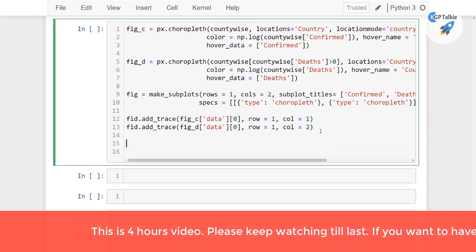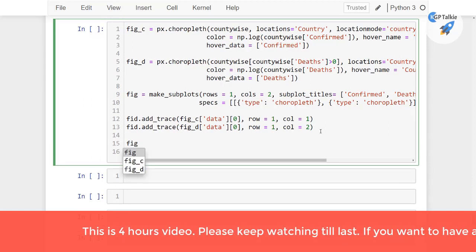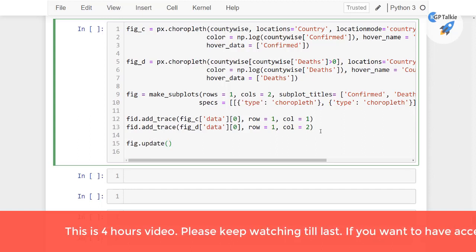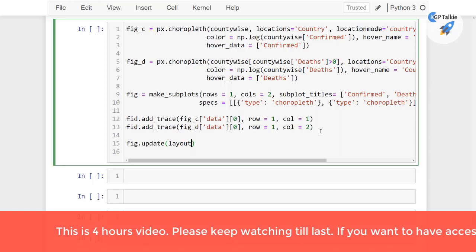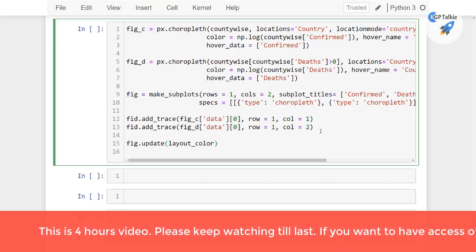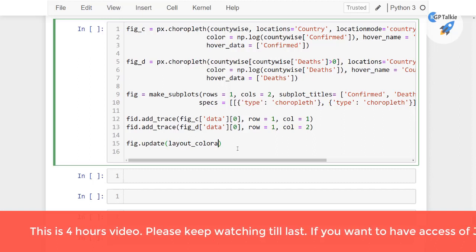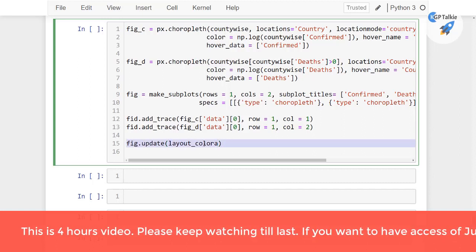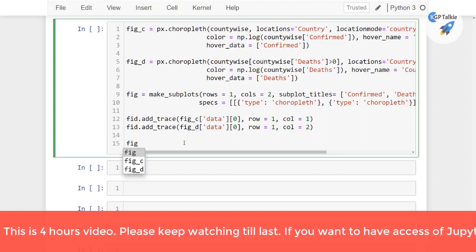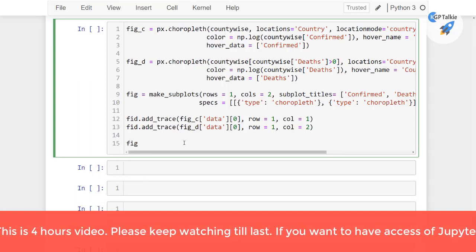And then finally I'm going to update this figure, so we can update that with fig.update_layout, coloraxis. In fact, coloraxis is already true, so let's keep that. And then we have fig.show. Actually